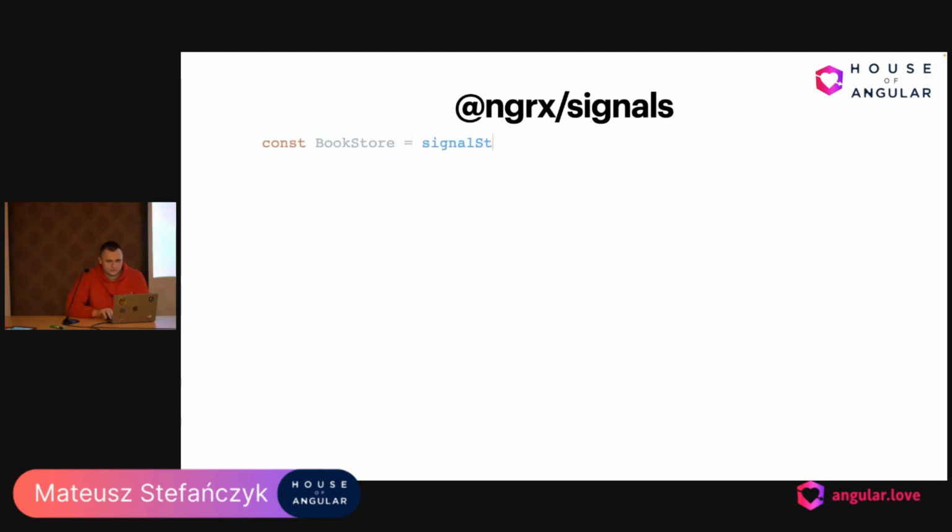Okay, so we'll take a look at how simple it is to create a state store using this library. We need to define it using the function called signalStore. And then we can start utilizing the particular blocks. So we are saying that we build it with the state. State will contain the books library, which is of type books. We can define that there will be the methods